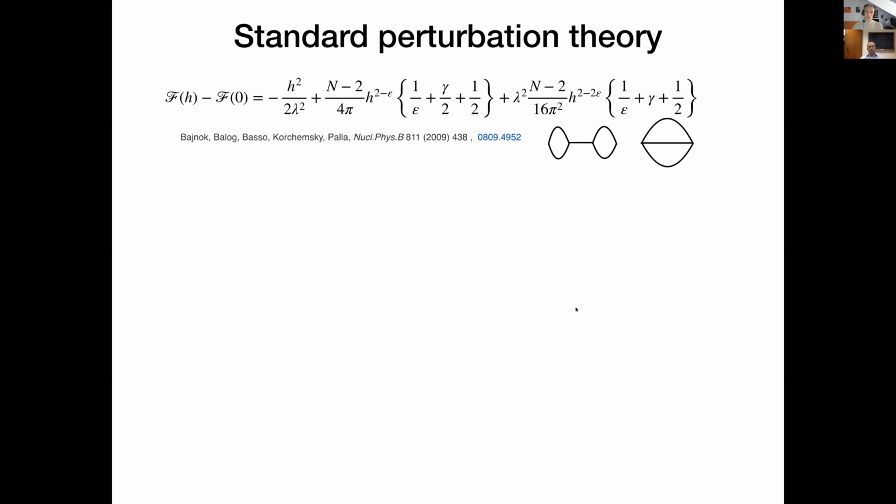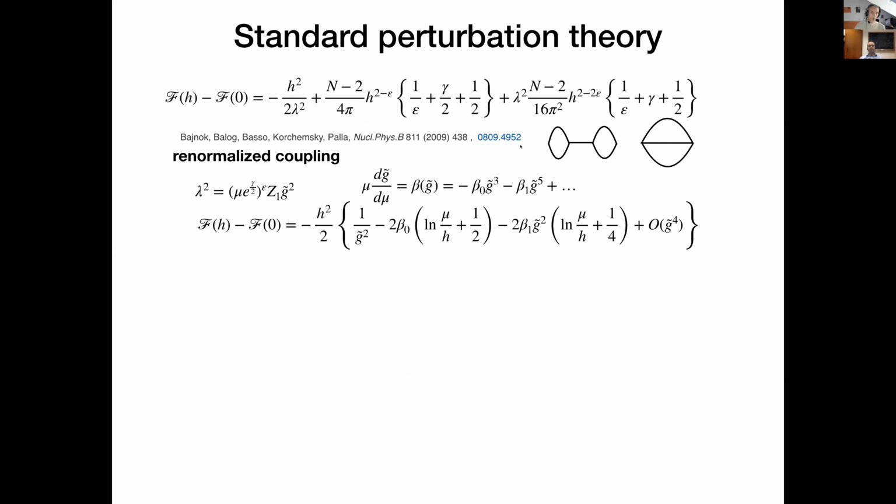So how does the calculation go? It's a usual perturbative calculation. For example, this is the result of the 2 loops. And then you really have to evaluate diagrams like the ones written here. And we did it some time ago. But as I told you, this quantity is singular in the epsilon goes to 0 limit. So you have to renormalize your theory, especially you have to renormalize the coupling.